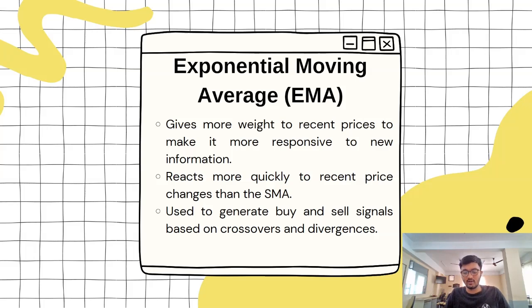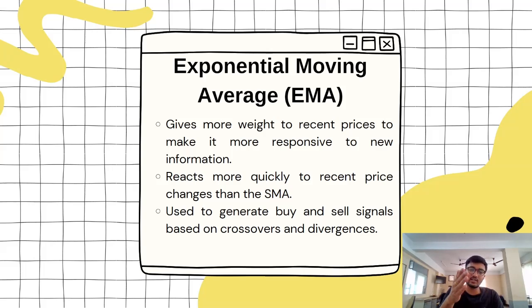So yesterday, for example, I'm taking 10 days EMA. So I am taking into consideration the average of the last 10 days, but in weighted format. So how weighted format? I'm considering yesterday as the most important, the day before a little less important compared to yesterday, and so on. I'm considering the least important the 10th day, 10 days before today,